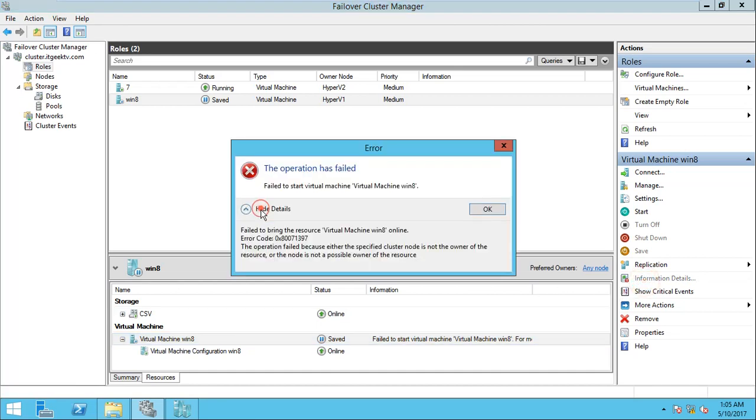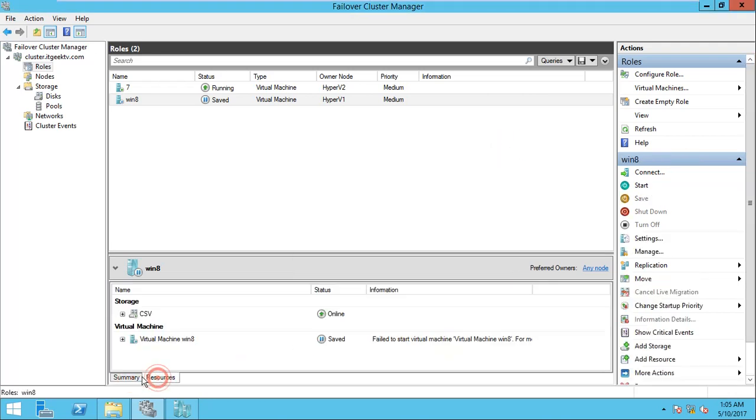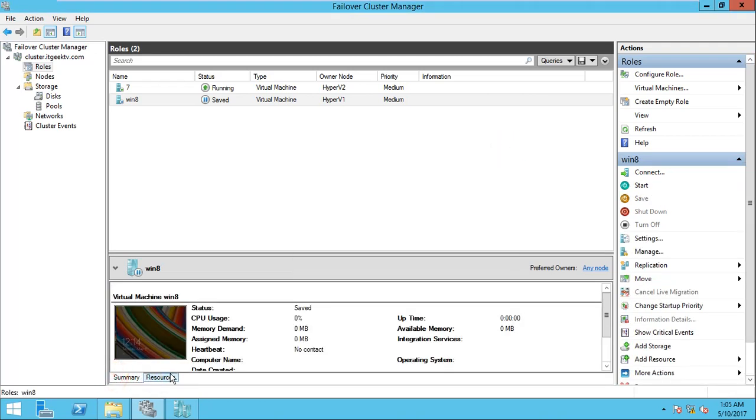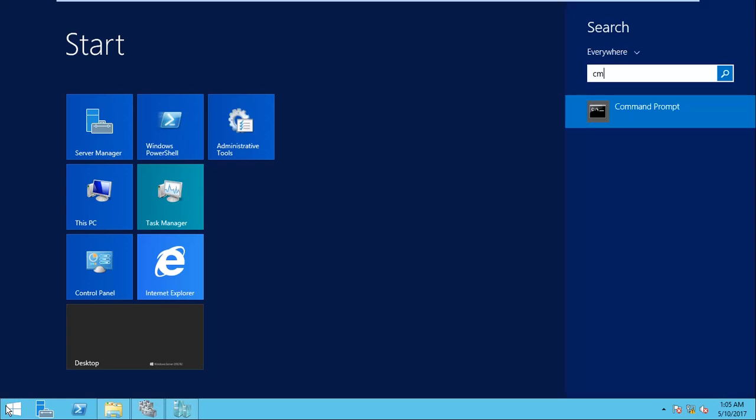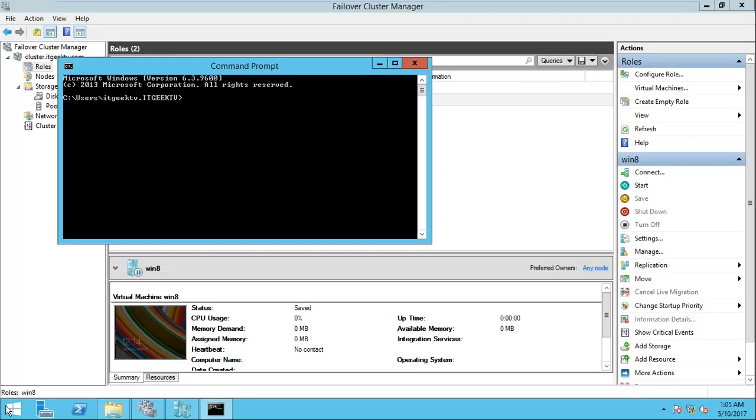Let me show you what the error says: the operation failed because either the specified cluster node is not the owner of the resource, or the node is not a possible owner. In the meanwhile, you will see that the virtual machine is in the safe state. So I'll try to ping, so you can see the difference. You have to understand, I'll try to ping.